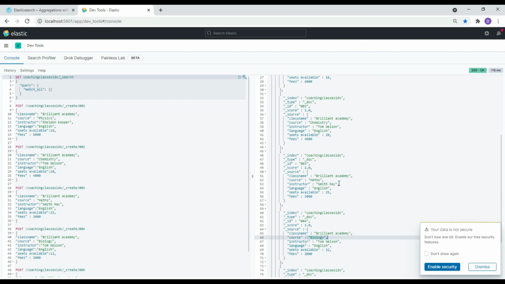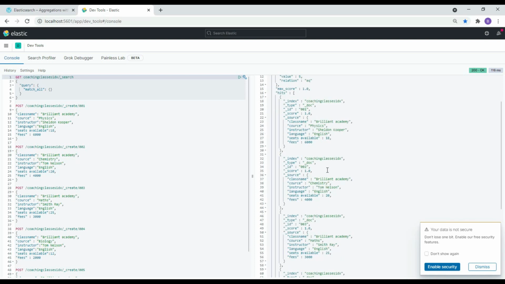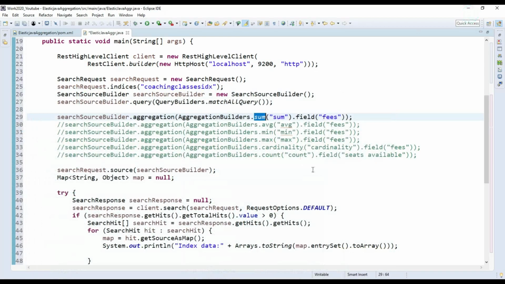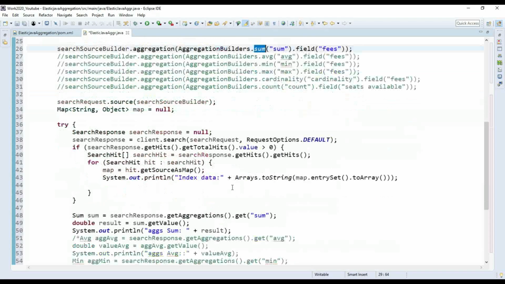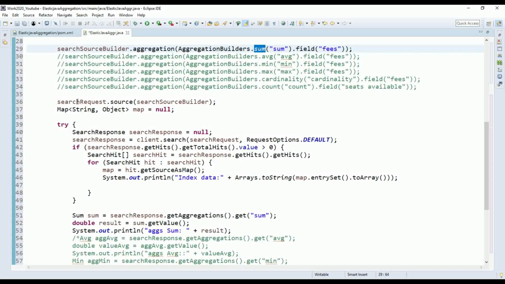If I want to enroll in all courses from this brilliant academy, then I need to find out the total fees. For this I'm using this aggregation. I just have to add the sum to the aggregation builder. This part fetches the data from Elastic.